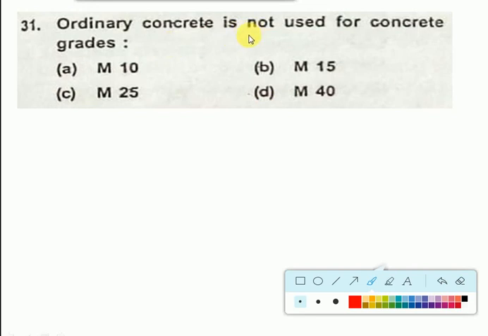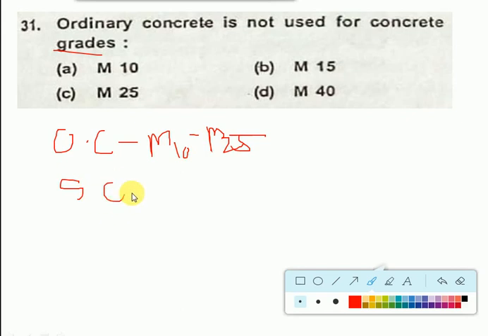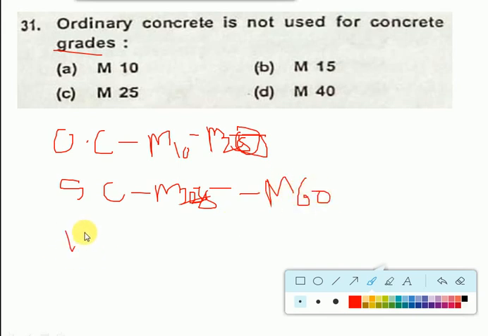Ordinary concrete is not used for concrete grades. You know what is ordinary concrete? I have told you. From M10 to M25, right? M10 to M25 is ordinary concrete. Standard concrete is from M25. Sometimes it will take up to M20, and from M25 to M60 is standard concrete. High strength concrete is from